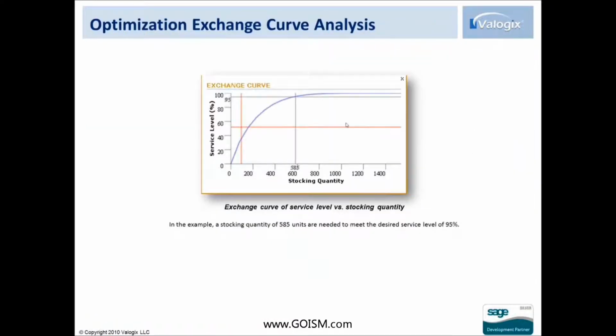And part of what enables the application to do that is it is doing some very powerful statistics behind the scenes, and part of that is an exchange curve analysis. So if you remember statistics in the bell curve, the application is creating that bell curve and it's going out on the tail of the curve depending on where the confidence level or the service level is set. Obviously, the higher you set that service level, the greater amount of safety stock that will be required to